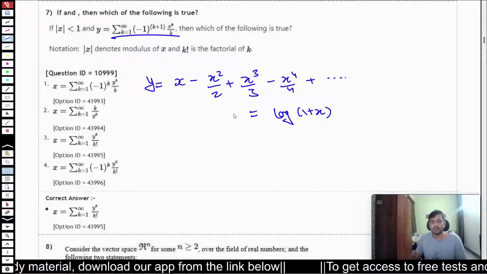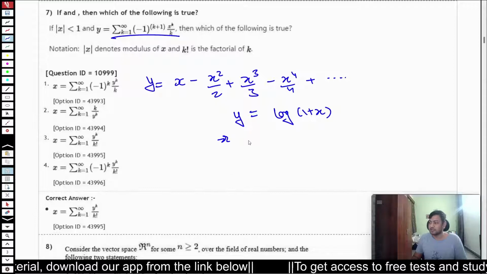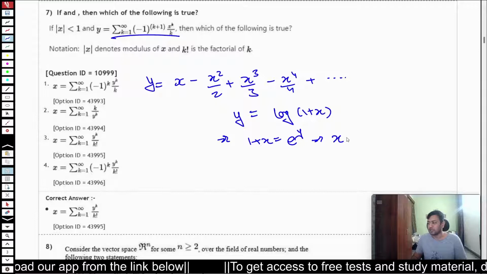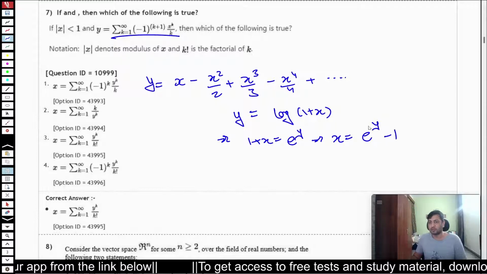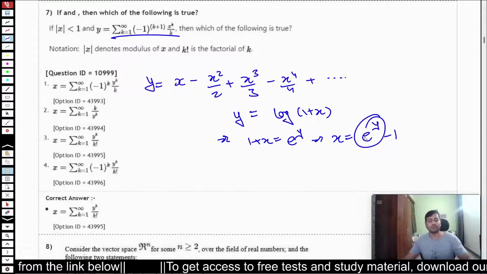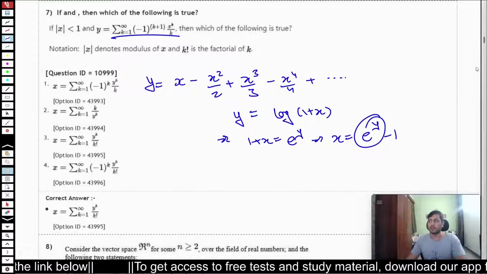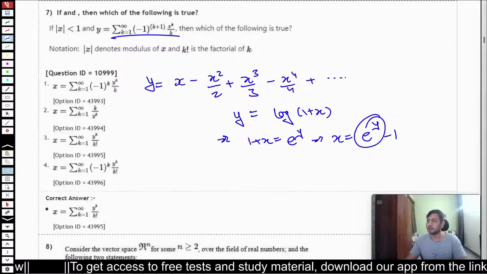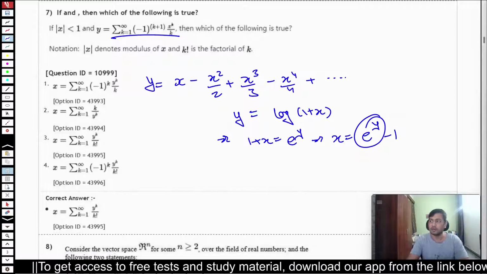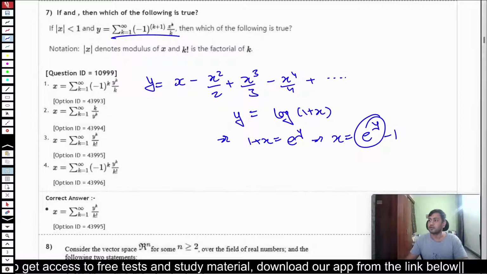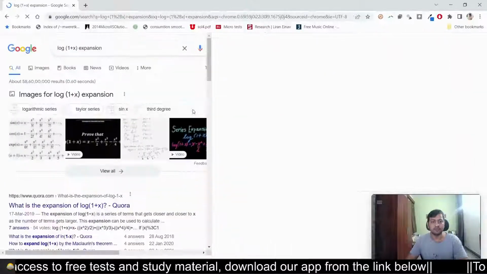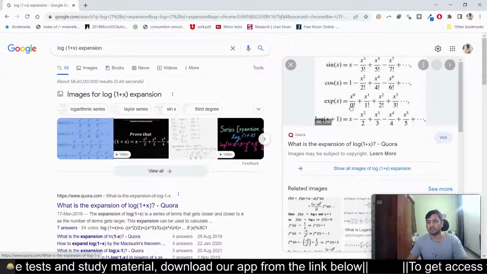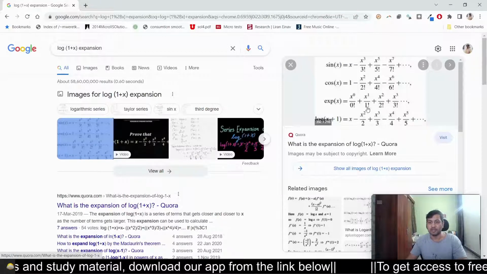So if y is equals to log of 1 plus x, what this implies is that 1 plus x is equals to e to power y, which implies x is equals to e to power y minus 1. अब e to power y का expansion क्या है? So e to power y का अगर मैं expansion में जाऊँ, if I bring back that particular page which I had opened, yeah, so in this very formula sheet you also have this thing कि e to power x का expansion is x to power 0 by 0 factorial plus